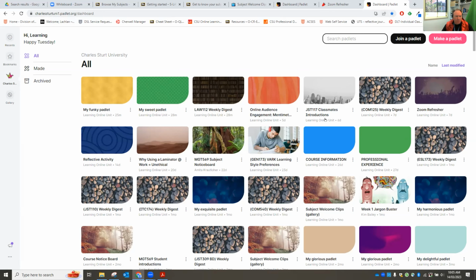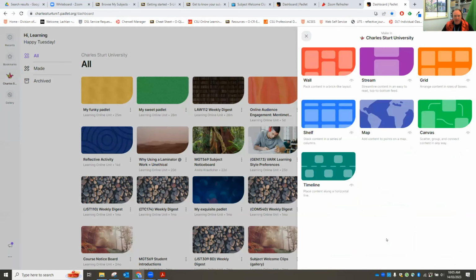Now, Padlet's a really popular tool because of how simple it is to use, and also the fact that it can be used in a number of different contexts. But I think the best way to get into this is to actually build some of our own. And again, you may want to follow some of this from the quick guide if you're not sure what I'm doing here. But I'm going to start the process of making a new Padlet wall,